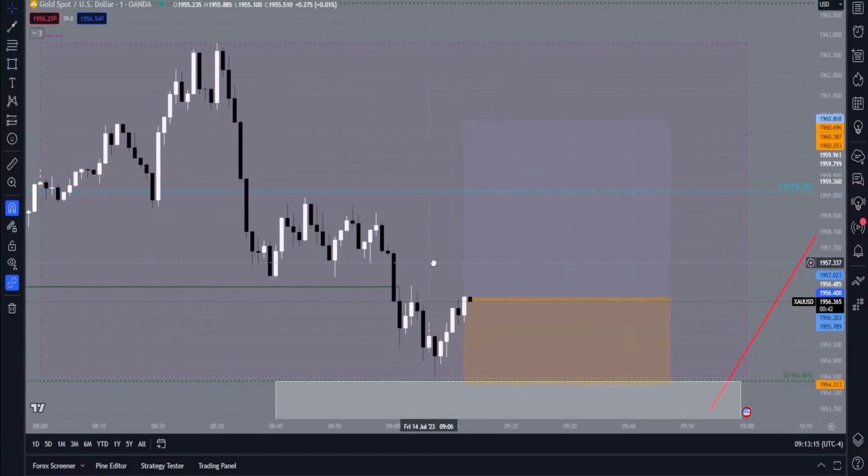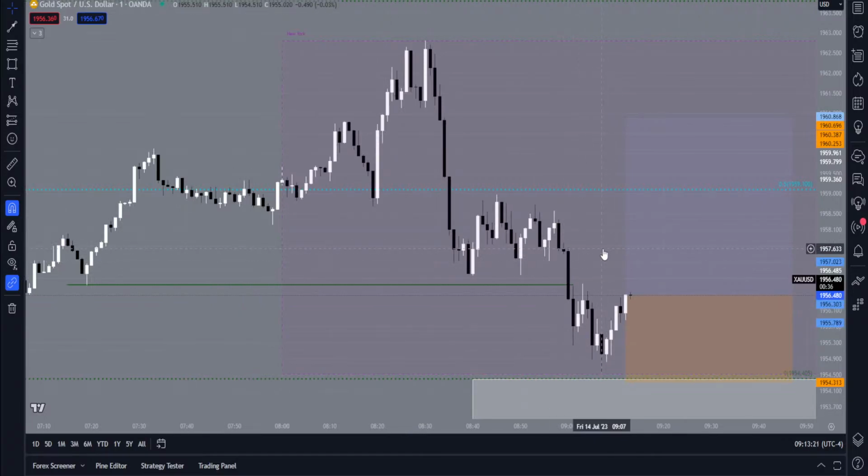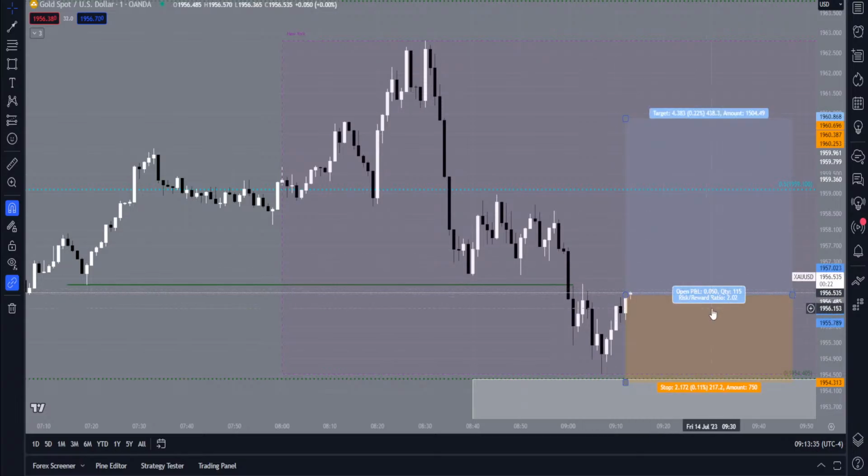Alright, we did everything the rules said. So, regardless of how it plays out, we followed the rules. And I think that's what you should pretty much be celebrating, or be happy about, is when you take the trade exactly how it's supposed to be taken. So this stop loss is a 2R, a $2 stop loss.